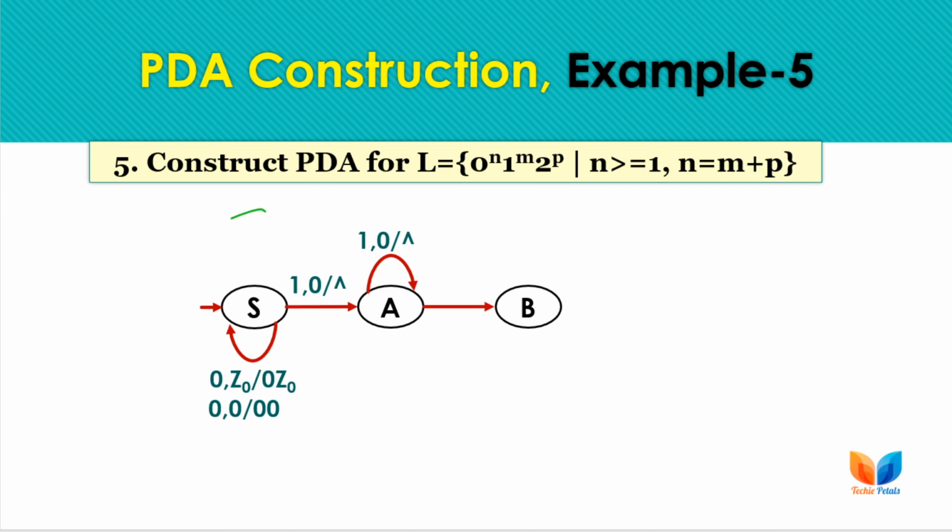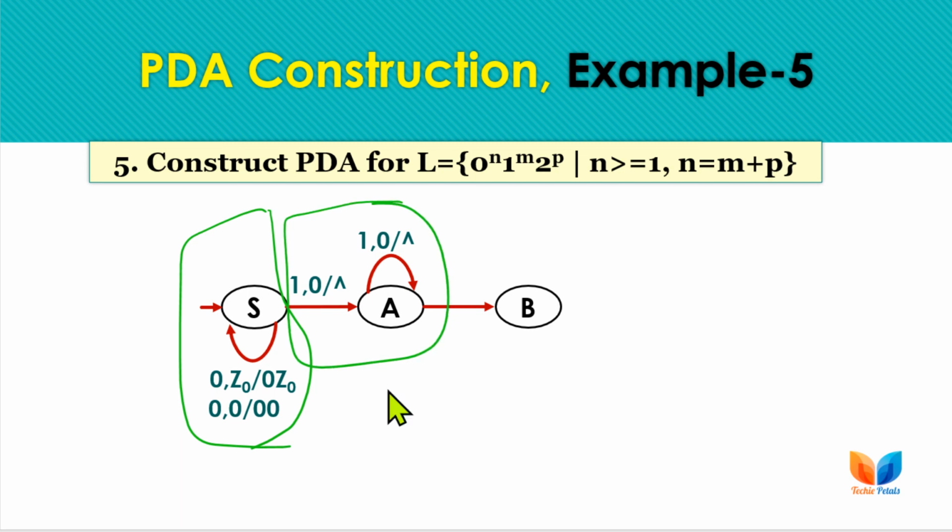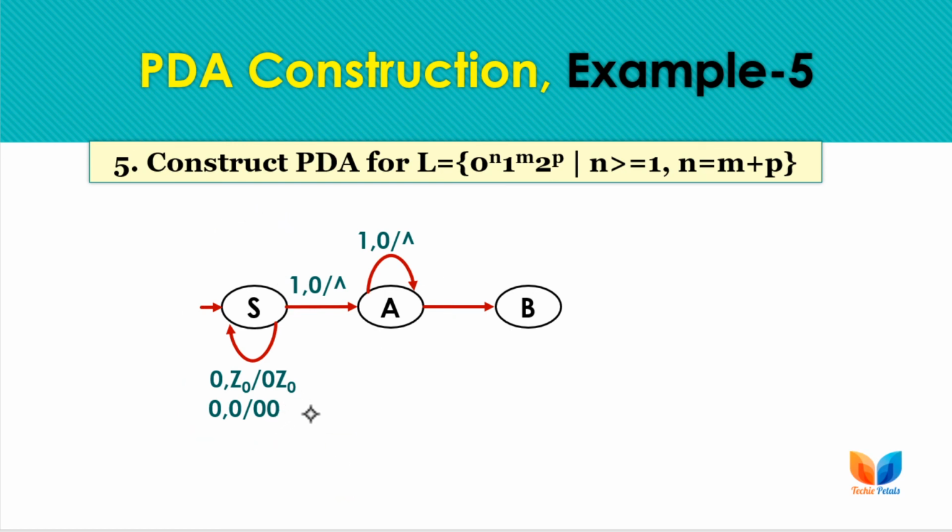This is the logic for receiving all the zeros here, and this is the logic for receiving all the ones, and for every one we have to pop a 0 from the stack. Okay, so all the zeros are received here. From the first one we are starting with the pop operation, and for all other ones we continue the pop operation. Up to this point the PDA is very similar to the other questions.